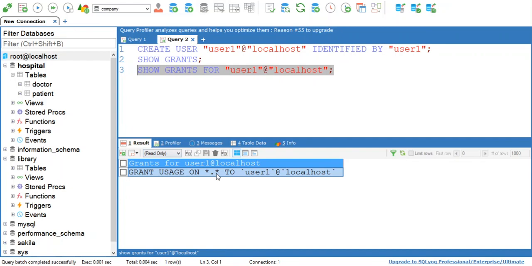See, user1 is not having any of the grant because it is a newly created user and it is not an admin. So now grant permissions. So the query is grant, I want to give select permission only. So after the grant keyword you can enlist all the permissions that you want to give. Okay, so I want to give select permission and insert permission to this new user, but I don't want